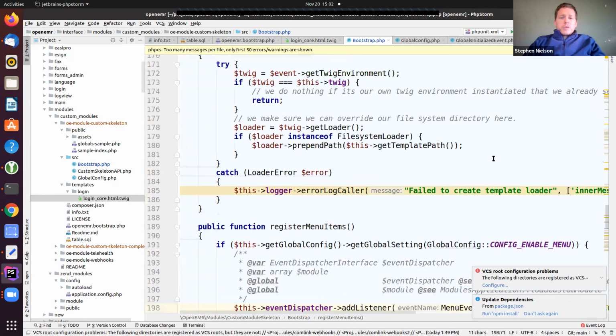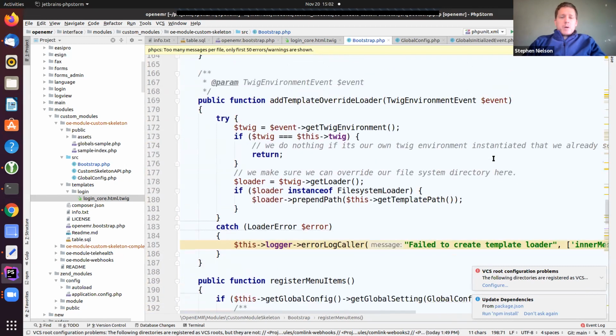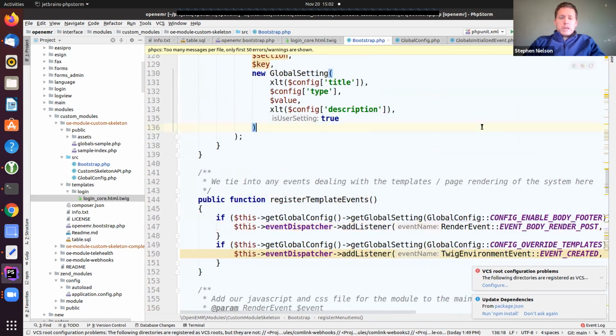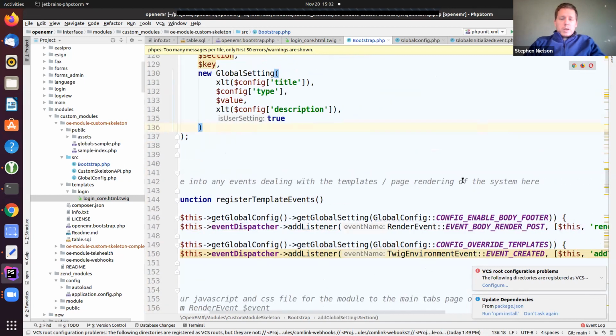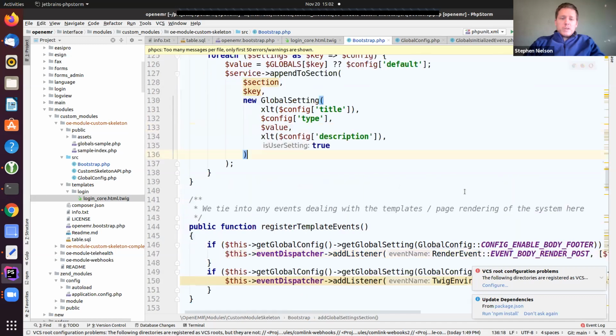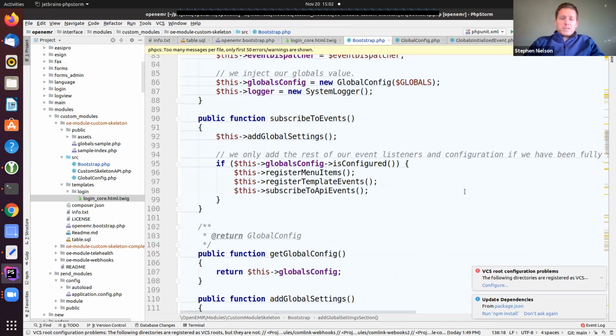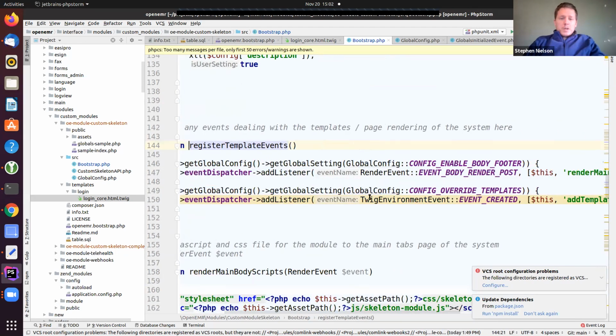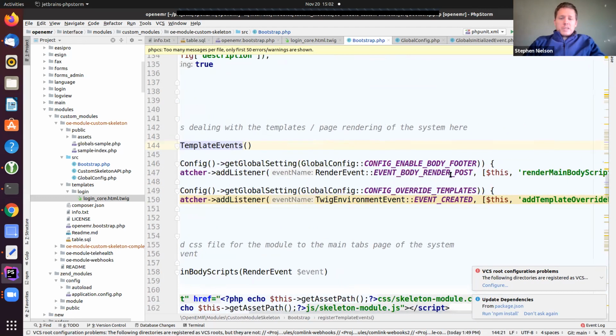Yeah, I wanted to go through... We're at the top of the hour, but I wanted to talk about something that we often want to jump in and do, which is modify things via JavaScript. So let me just quickly go through the register template events. Okay, so we went through menu items, and we're going to go through template events right now. So we have access to, on this render event,